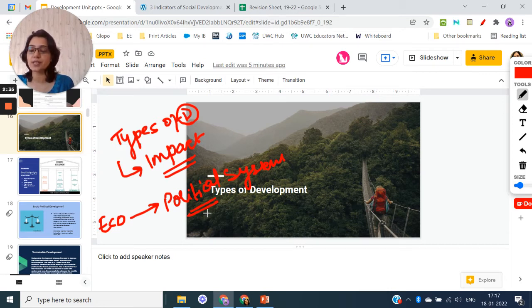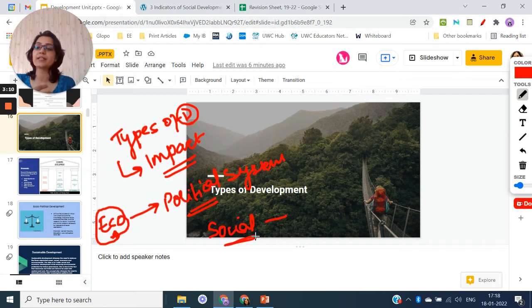What kind of political system a country has which is impacting the economic development, right? Whether the country is stable enough to give a boost to the economy, or whether the country has an anarchic system, or what kind of political ideology a country has which may impact the economy of that country. Social development, when we discuss it, we would be discussing how societal factors may boost economic development or the development of that country. What are the important factors through which a country can develop, right? If a country is developing, then it is impacting not only one factor which is economic, but there are many more factors.